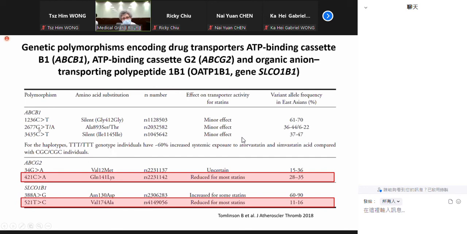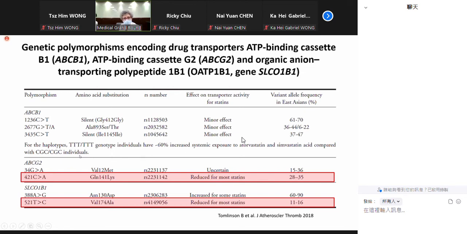One is the minor allele and the other is the major allele, and some of them change the amino acids, some of them are silent; in other words, they don't change the amino acid, and so the protein is not particularly altered, but these can alter the function or the structure. These are associated with only minor effects in terms of the transporter activity for